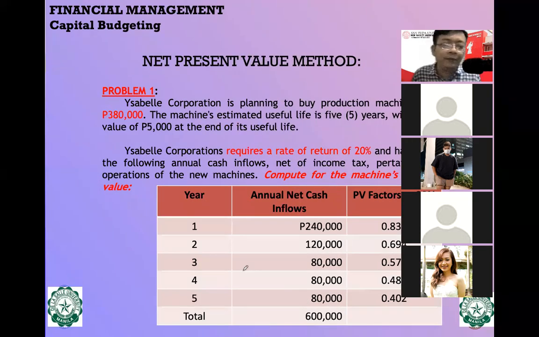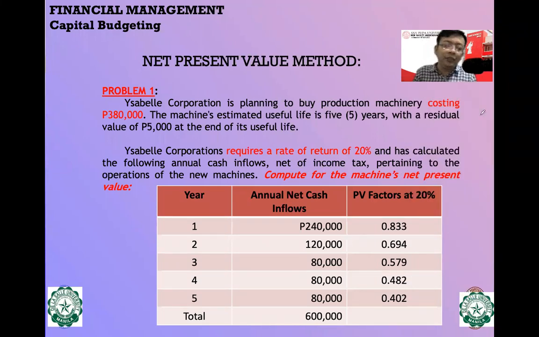Alright. Yan. So, for this one, ano ba ito yung question? Napakadali lang naman ito. Anong gagawin natin? Just multiply this one. Yan na. Ilan yan? Sige nga, multiply nga natin para ma-compute natin. Magkano ba ang ating, yan, 380? 380 is your net investment. And you have residual value of 5. Ba't ito kasali? Kasali pa to, ha?